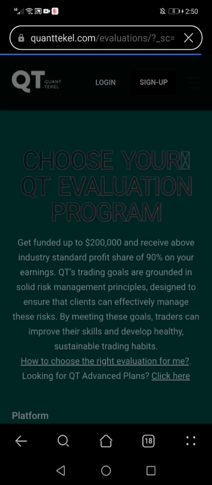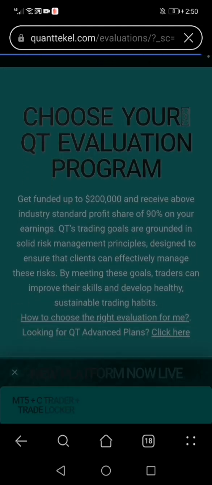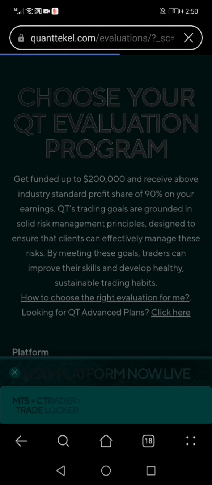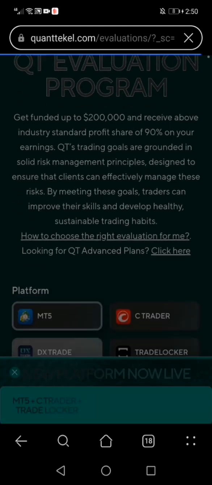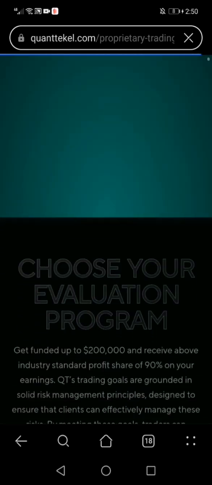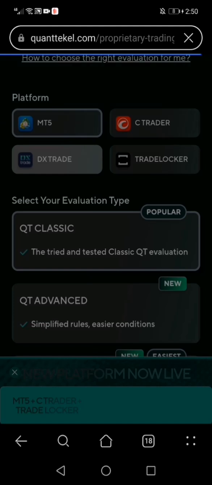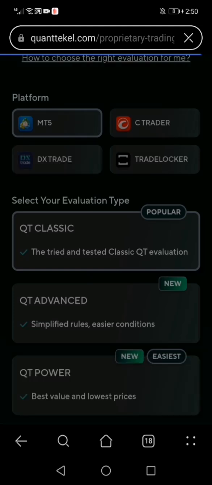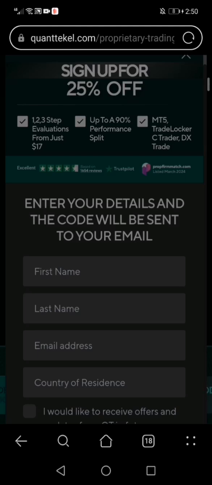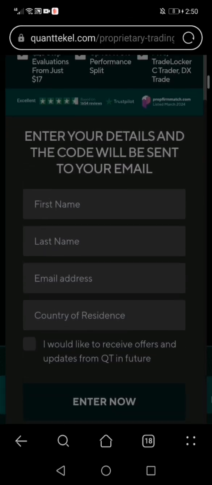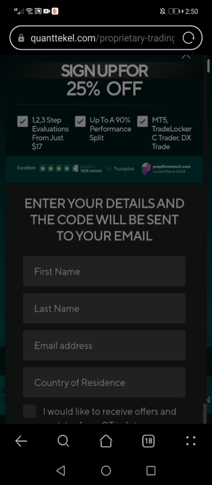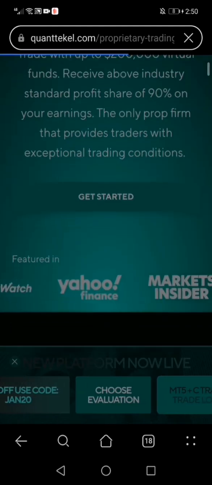So let's go. Look at here. The account is here. You choose the platform, MetaTrader 5. This one, the first one. It is very important: choose MetaTrader 5. If you are outside of the USA, MetaTrader 5 is okay. After you choose MetaTrader 5,